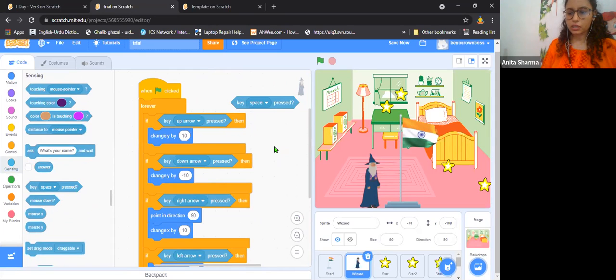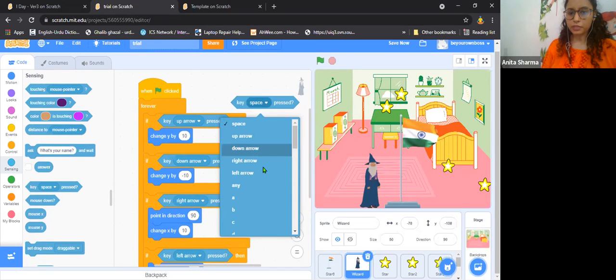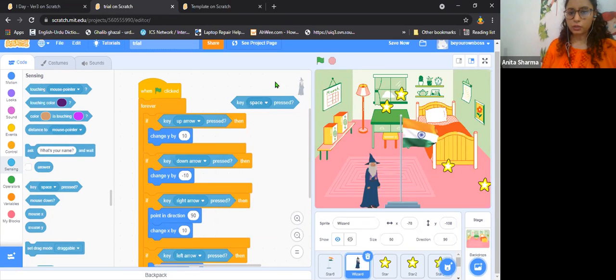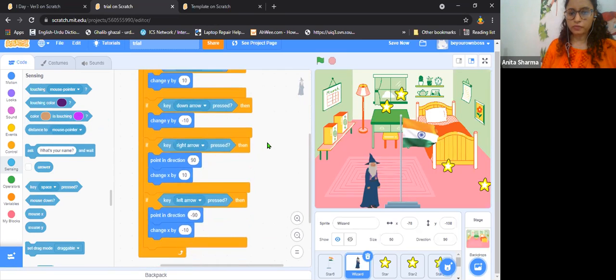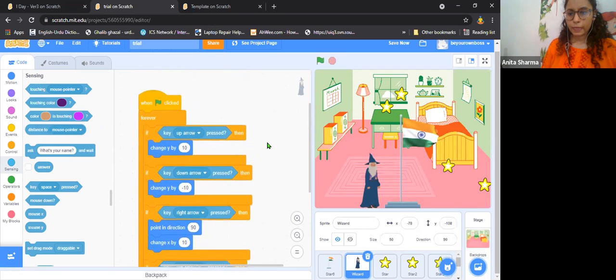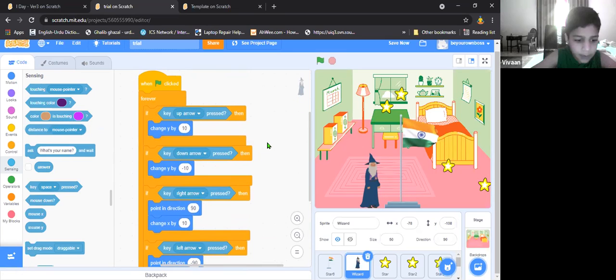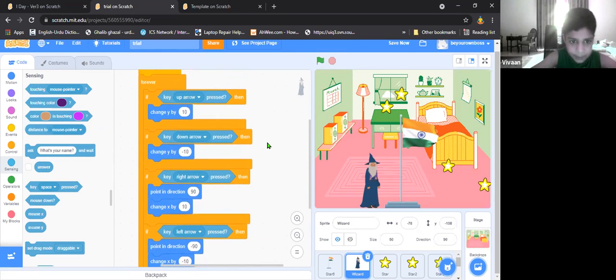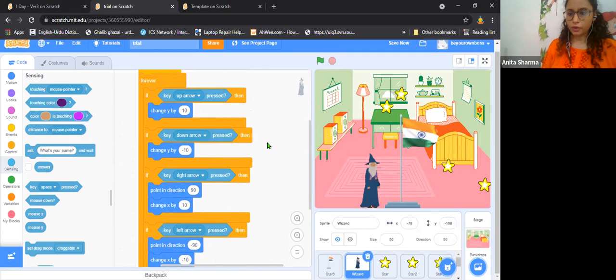But since we are using up, down, right, left arrow keys, you need to just use this drop down button and choose up, down, right, left, one by one. You will be using it with the conditional block. Okay, any doubts here? I hope this is fine because yesterday also we did it twice and thrice. Yeah? I'm just taking a screenshot again so that I remember. Okay, all right. So let's move forward, shall we?